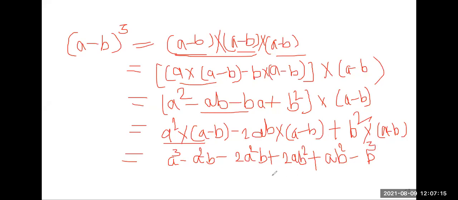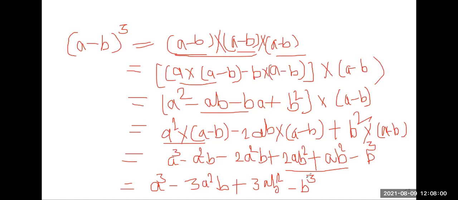Okay. Now here you can see there is minus 2a square b and here 2ab square. So what will you get now? This a cube as it is, right? Then minus a square b. Where are we getting the a square b? So here minus 3a square b. Getting it? Then this 2ab square plus ab square, what will we get here? Plus 3ab square, and remaining there minus b cube.